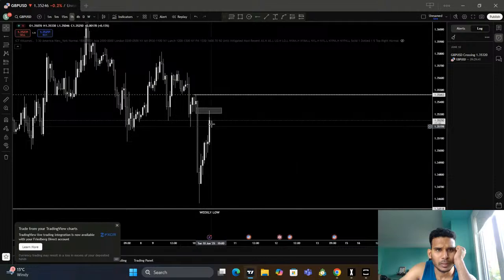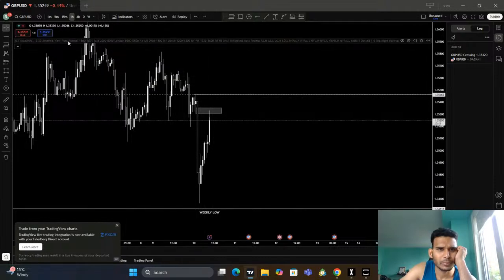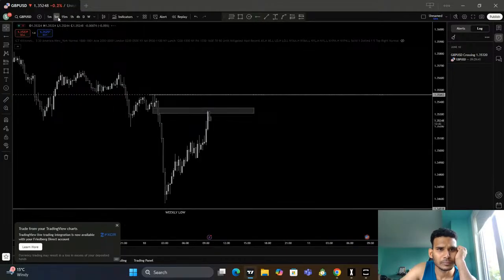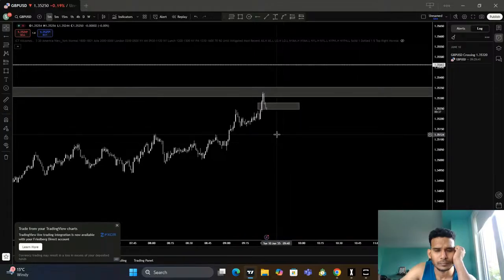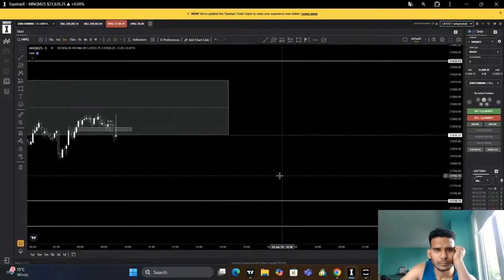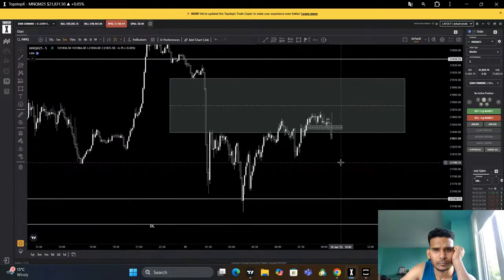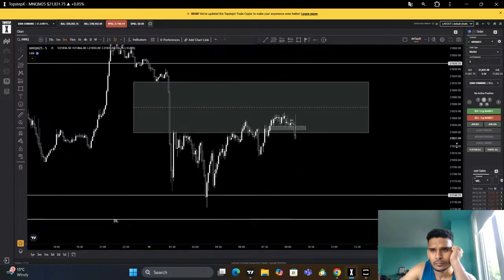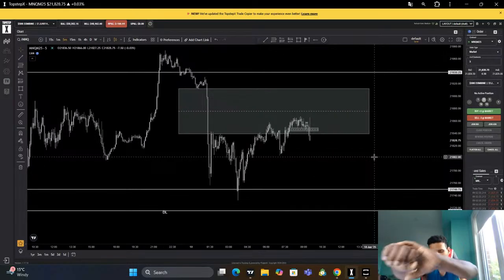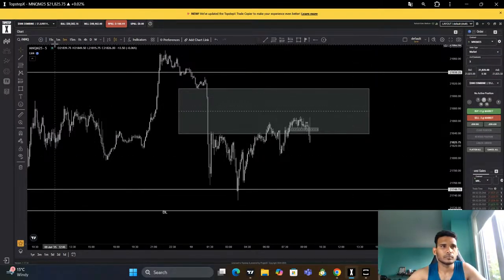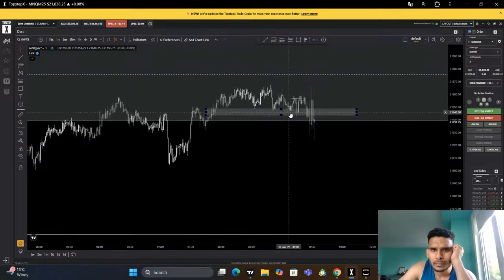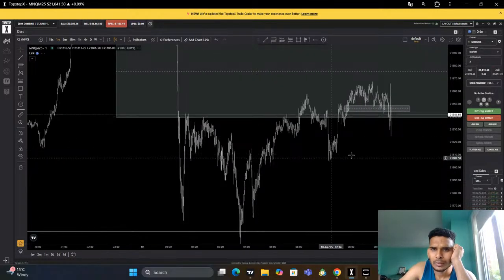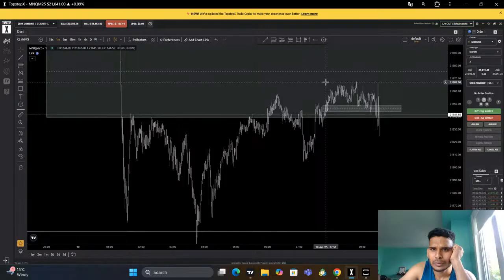Let's keep on going higher, higher, higher. Is this one getting respected or not? I don't know. I want to see that. One minute. Market open. So the M5 fair value gap so far is holding the price, now it gets ran through. So I just marked out. I need to mark out the liquidity zones.